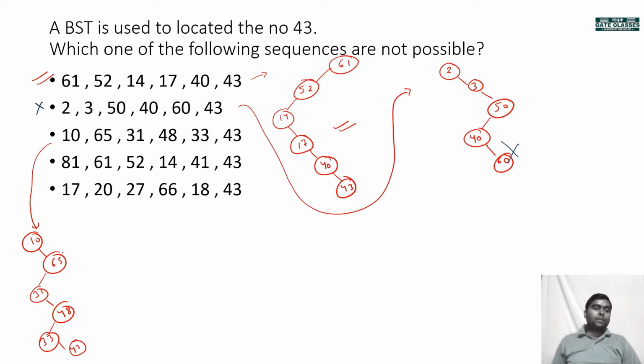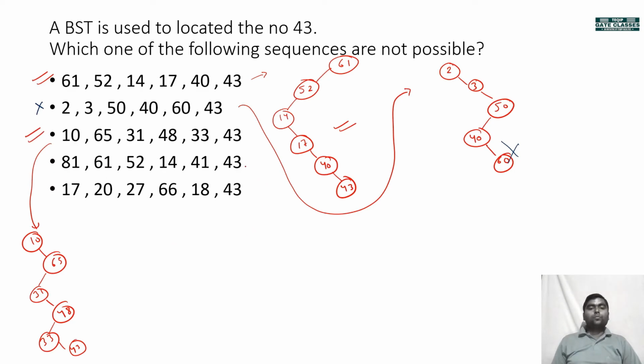Okay, now observe carefully, is it following the BST condition or not? It is following, because at each and every node, the left subtree has smaller values and the right subtree has greater values. 65 is more than 10, and on the left side all the values are smaller than 65. So I think it is following. So this particular answer is okay.